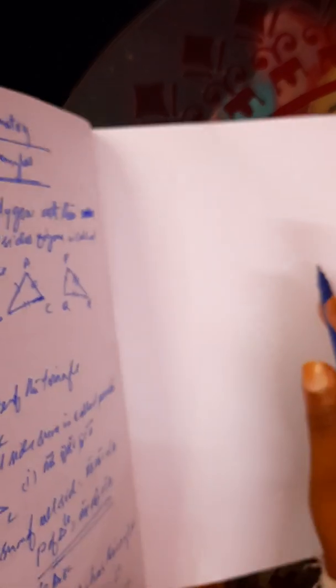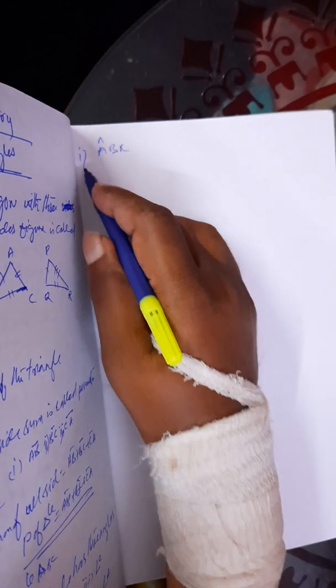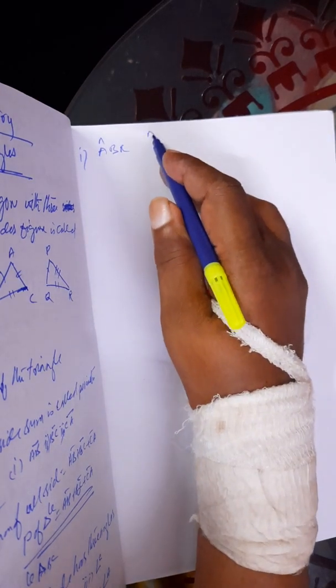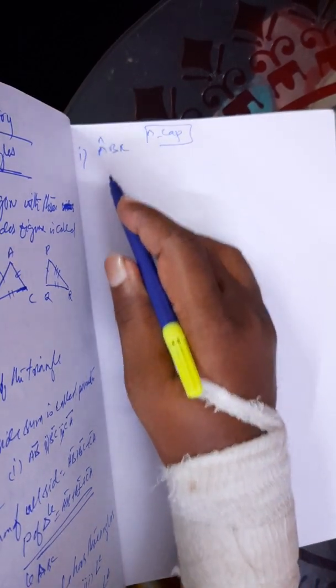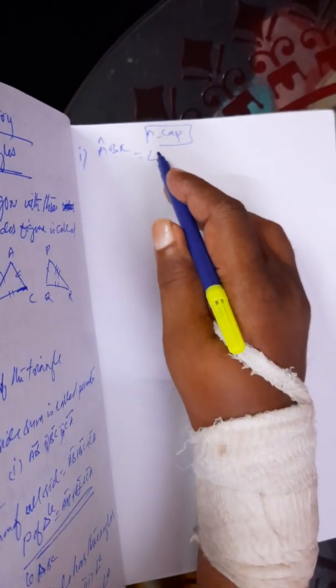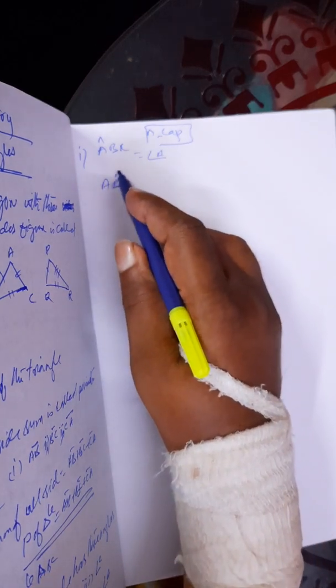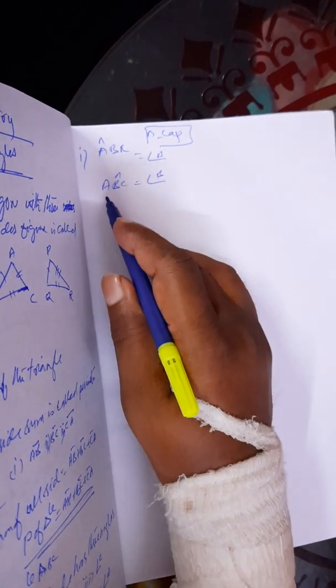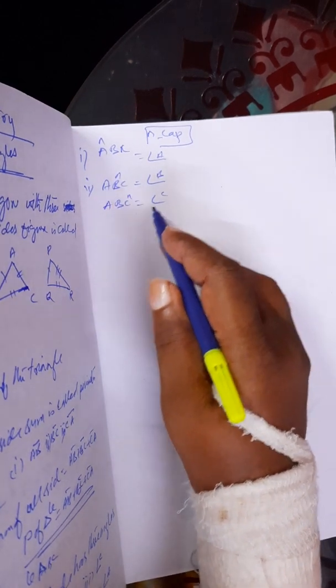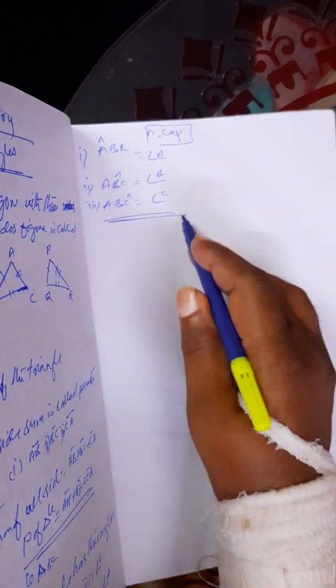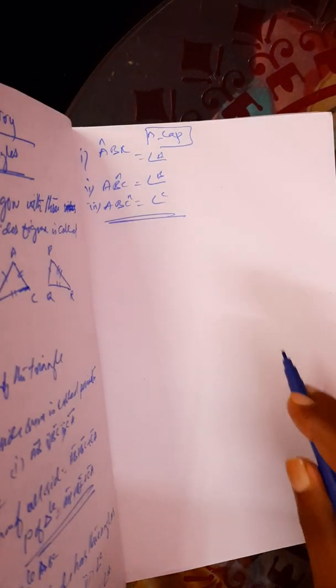Another way is also there to represent angles. If I put a cap on ABC, this sign is called a cap. If you put a cap on a letter, this means angle A. If I am writing like this, it is angle B. Why? Because the cap is on B. If I write like this, the cap is on C. So this is our representation of angles. So a triangle has that.